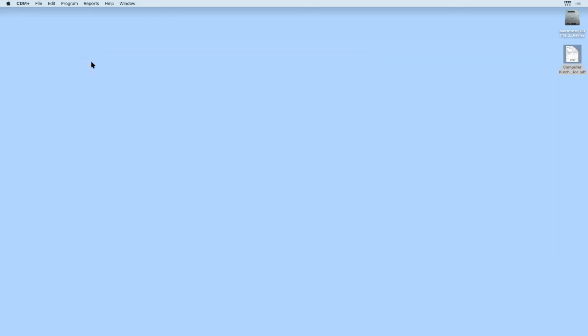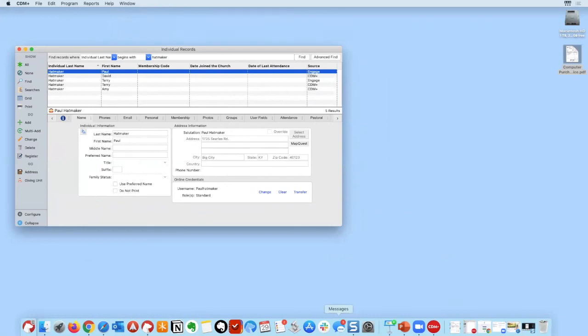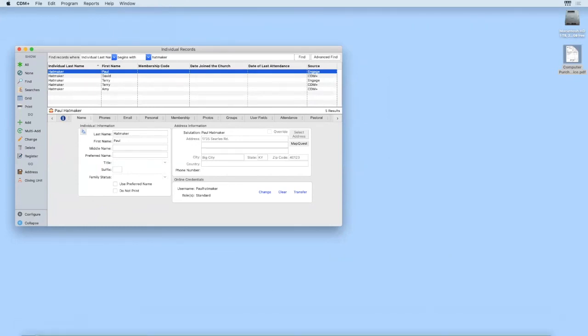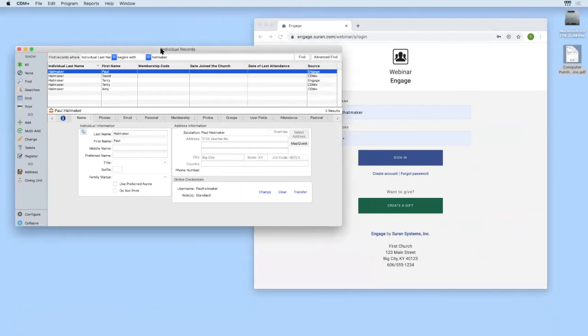All right, so now let's change gears and look at some of the enhancements we've made for CDM Plus with respect to Engage. As many of you know, we are in the process of migrating away from web ministry tools and moving all of it under Engage. One of the things we had to do in that process was give you a way to